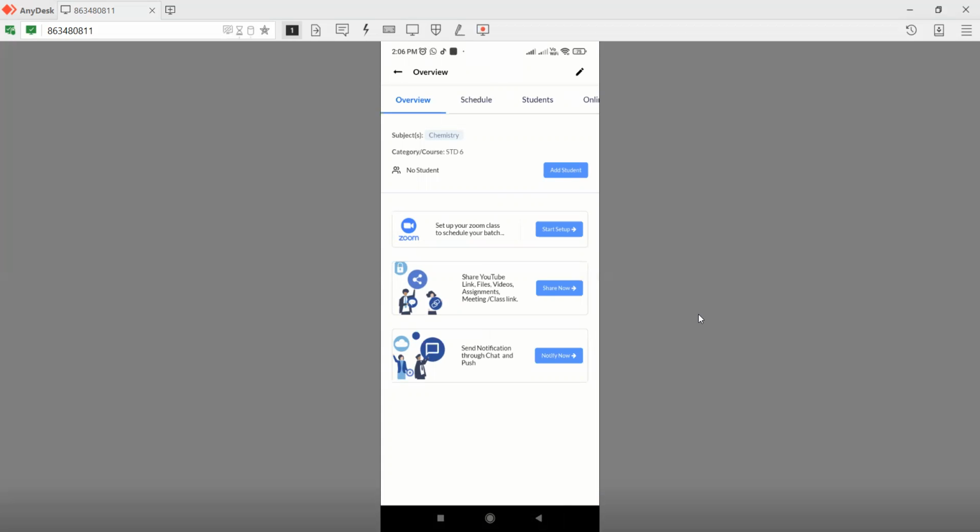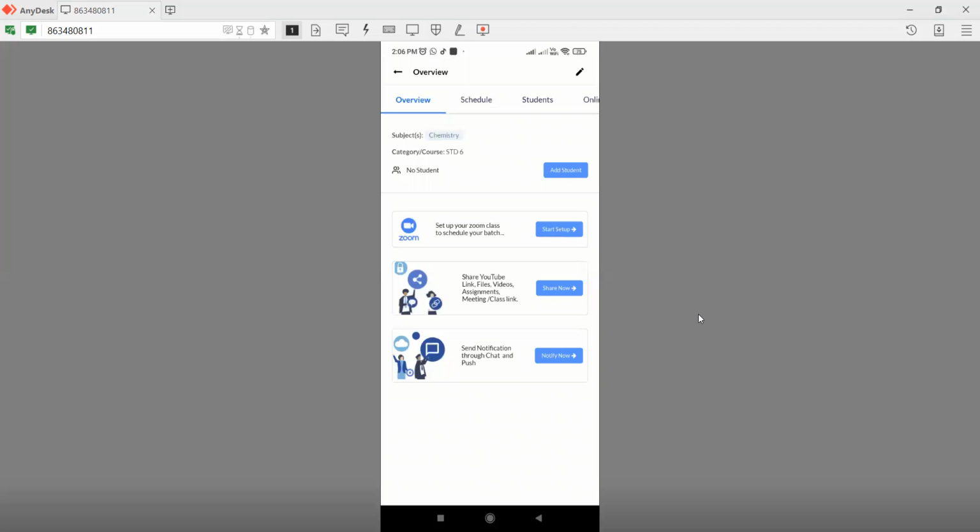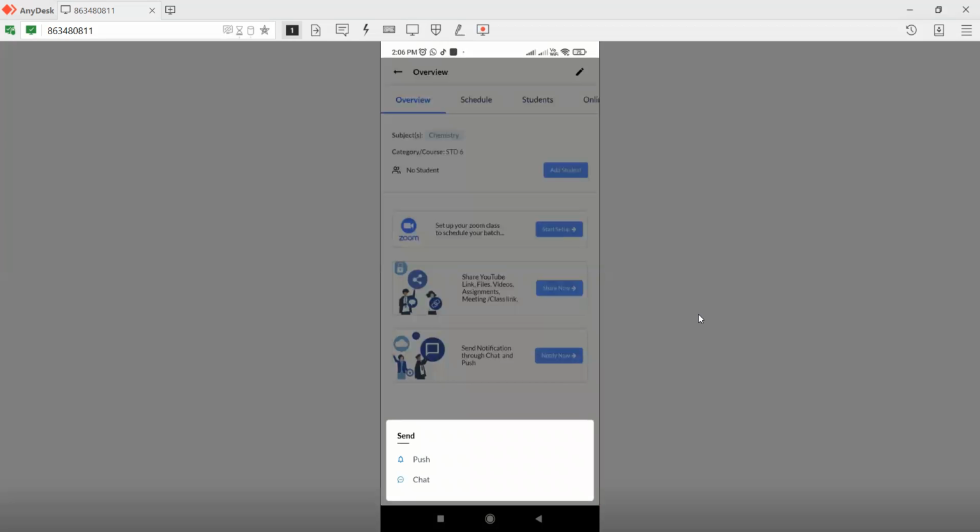From here, you can share your YouTube links, files, videos, assignments, and the meeting links of the classrooms. Apart from that, you can also share notifications with the students. You can push the notification to the students.